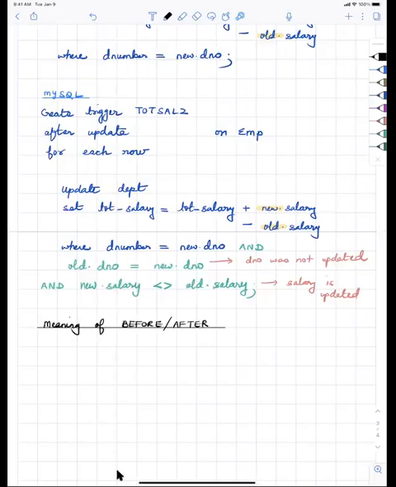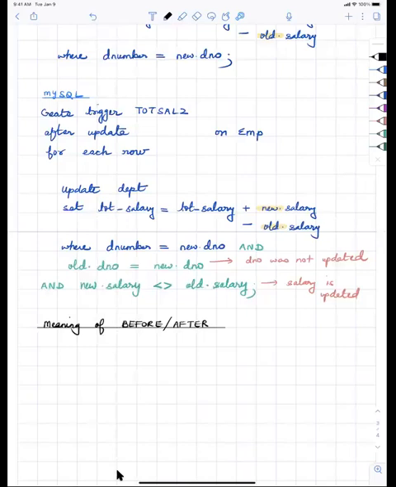So this particular example does not work in MySQL. I really tried. I spent a lot of time trying to come up with an example that shows the difference between before and after in MySQL. But because the triggers in MySQL are not as powerful as triggers in other database systems, I couldn't come up with any kind of meaningful example in MySQL. So the example I'm going to use to explain the difference between before and after, if you try this in MySQL, it won't run because unfortunately in MySQL,